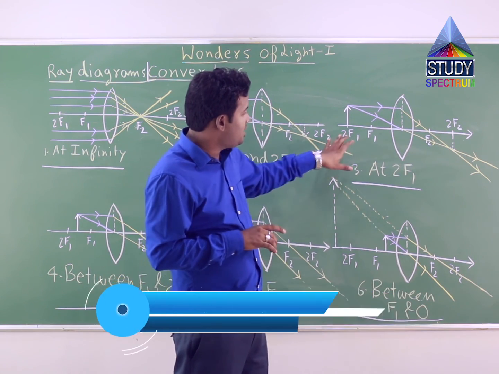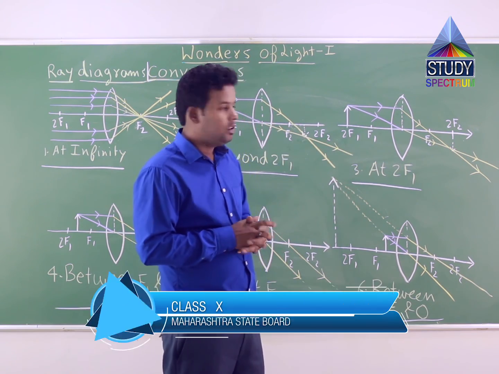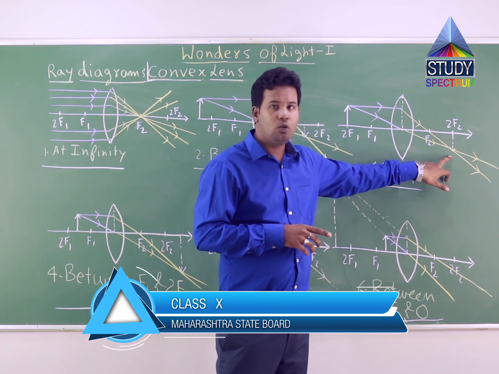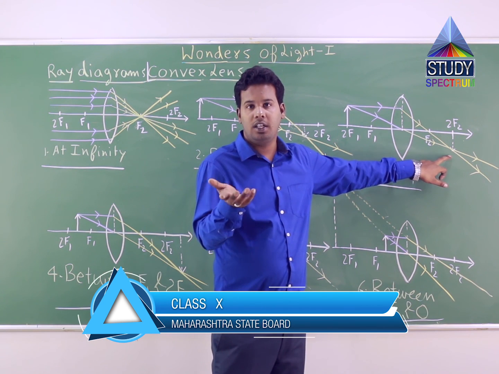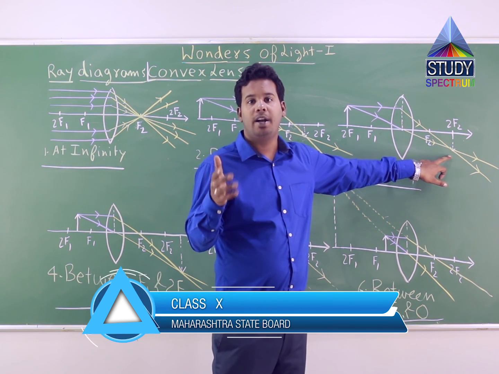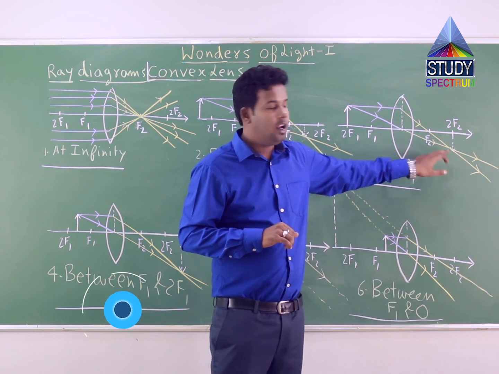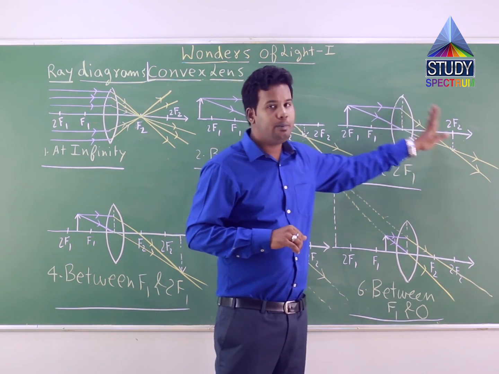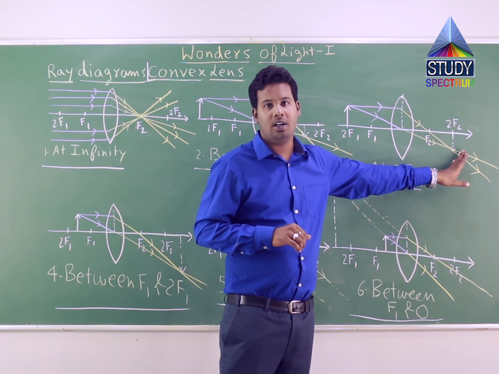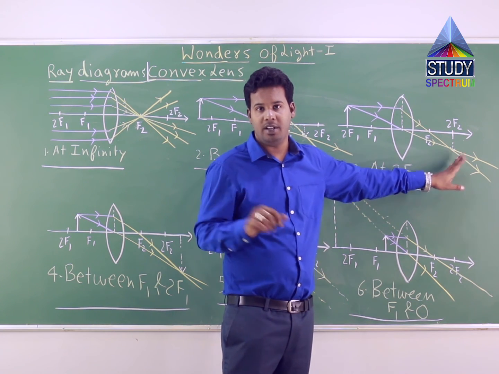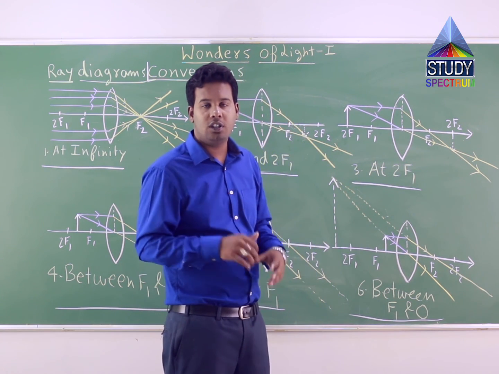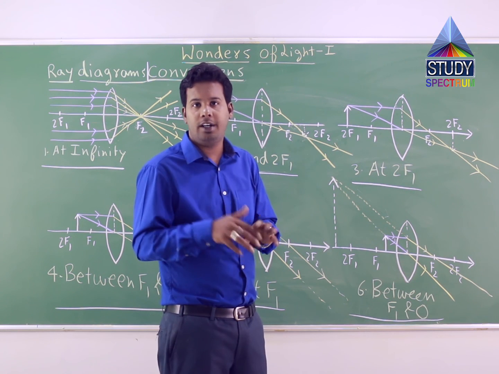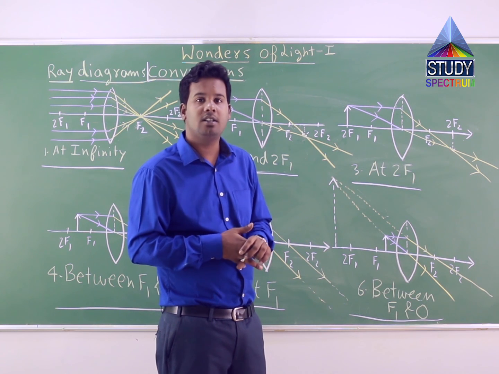So by seeing this, we can say the image is being formed at 2f2. That is the first result which you can see in the tabular form, image formed at 2f2, correct? Now since again the image is formed behind the lens, the image should be real, and that is what is written, a real image.